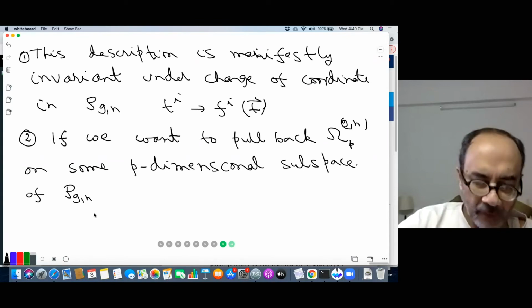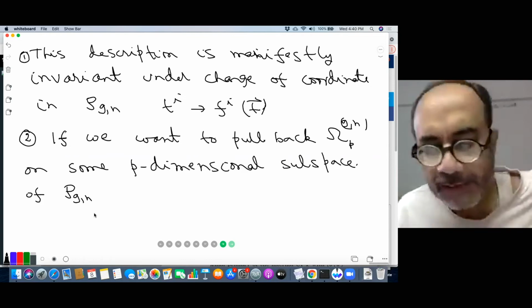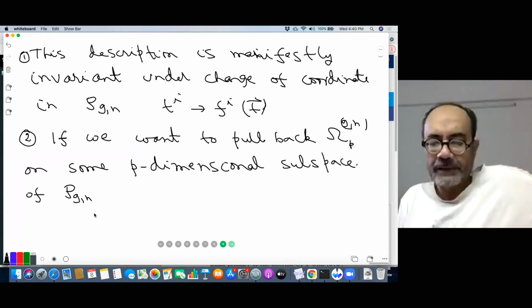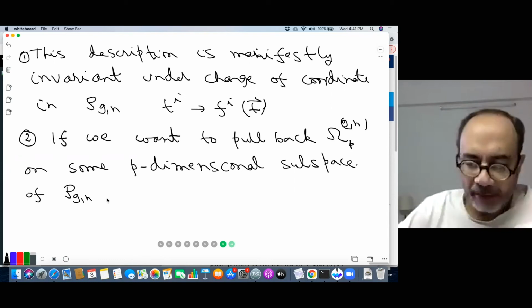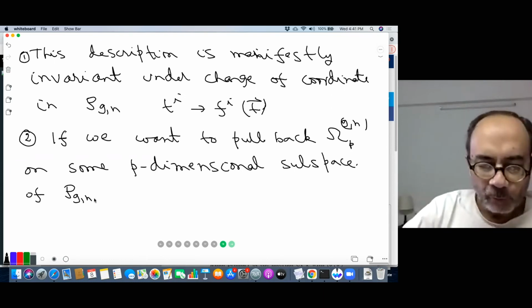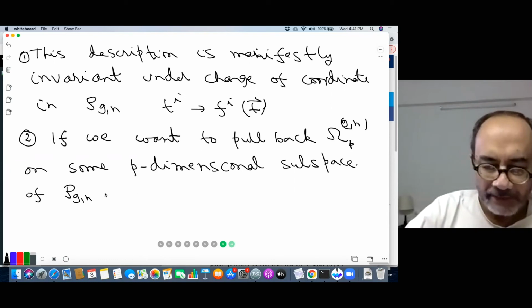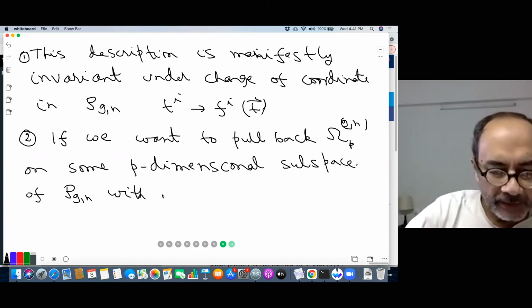Because after all, a p-form is supposed to be integrated over a p-dimensional subspace, right? So eventually you'll be interested in pulling it back on some p-dimensional subspace. So if you want to pull it back on some p-dimensional subspace, okay, with intrinsic coordinates,